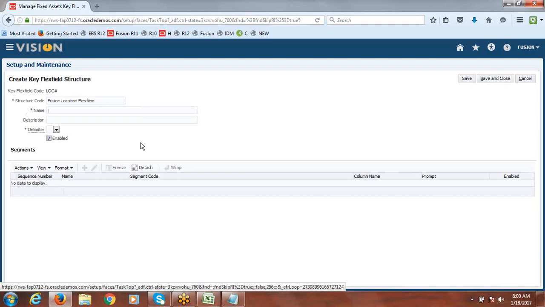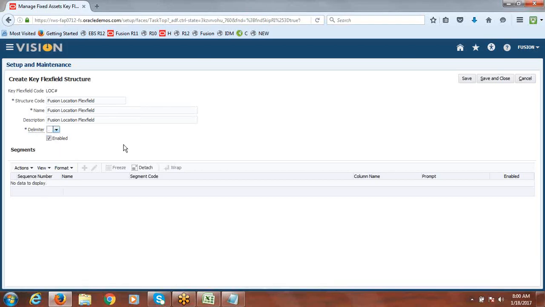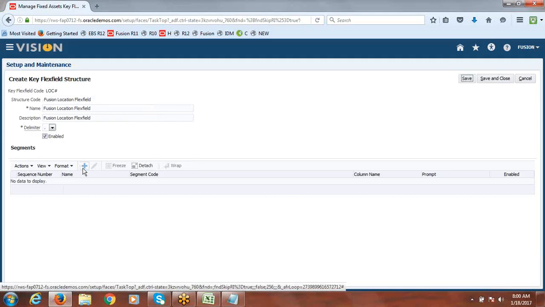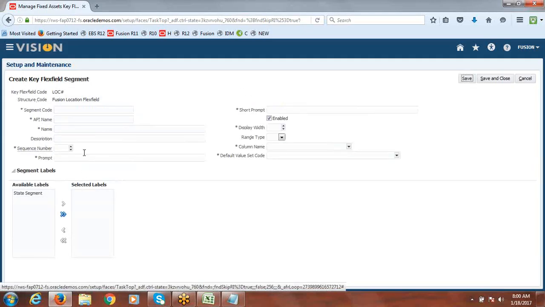Fusion location flex field. Select delimiter, nothing but segment separator. You can click on save, and you can create the locations. First segment I'll give country.